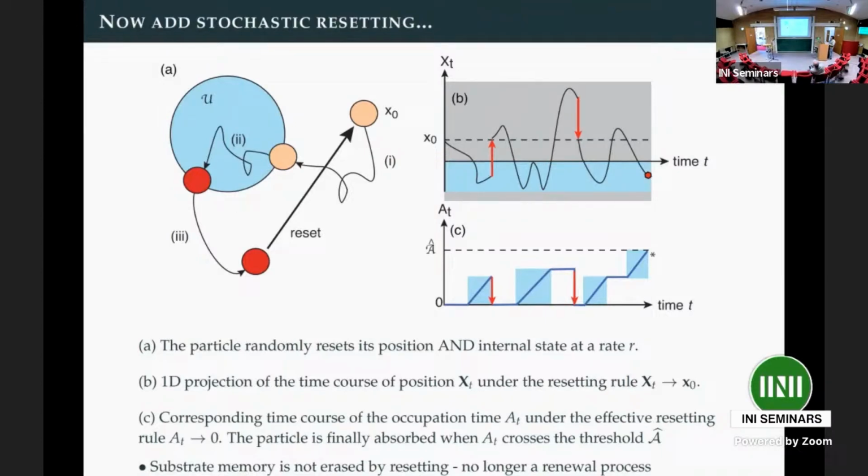If you look at the other scenario, it's a lot more complicated to calculate anything because you can't exploit the renewal process. So these are fundamental things and implications of resetting that I think are important when you look at more complicated processes you take into account. You can't just always think, oh, I reset the position and that's it. Anyway, so